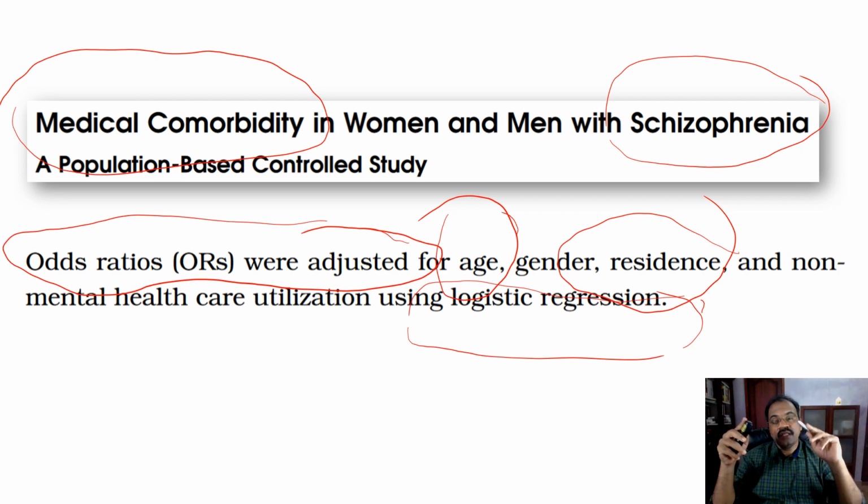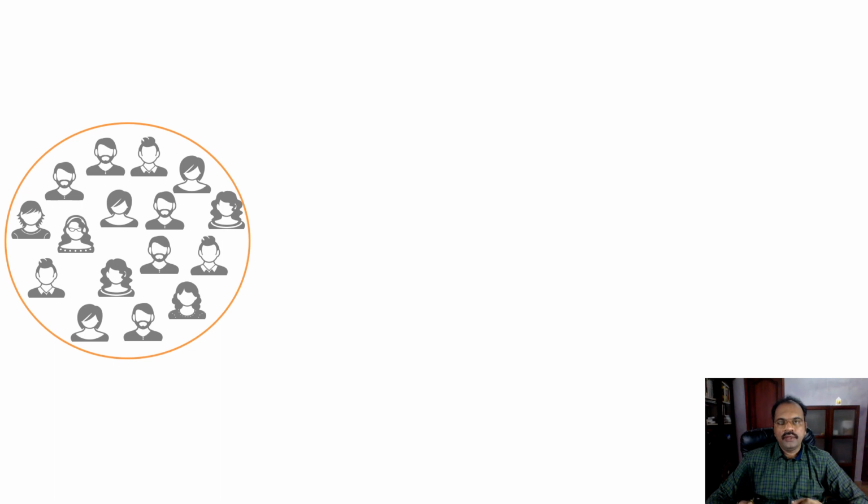Even after this, there may be confounders that they did not know about, that they did not analyze. So even then you cannot be very sure, but at least you can be confident that this many confounding factors were taken into account. I told you that even if we do a logistic regression, we cannot be sure that all confounders have been taken care of, because many confounders the authors may not have thought about, they may not have measured, so they cannot statistically adjust for that.